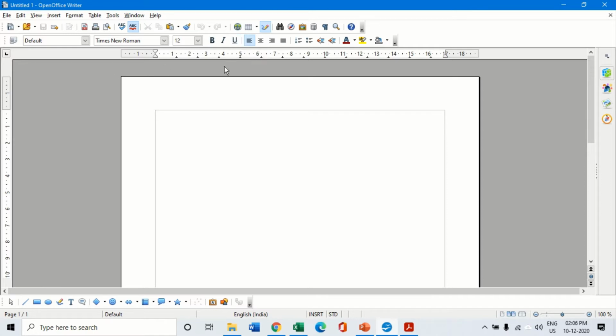Below the formatting toolbar is the ruler bar, which gives you the exact idea about the tab positions or the margin areas, etc. Now you see the gray area over here on both the sides, extreme right and left, and on the top and the bottom. These are the margin areas which are left. We can increase or decrease them according to our needs by simply clicking here, and from here also we can increase or decrease the margin area.